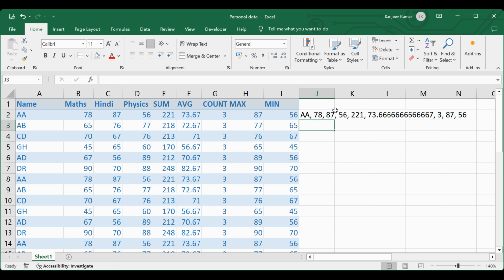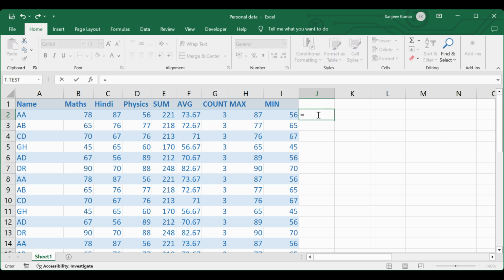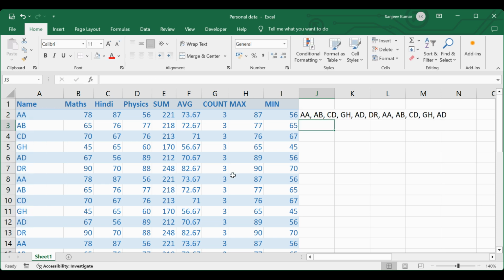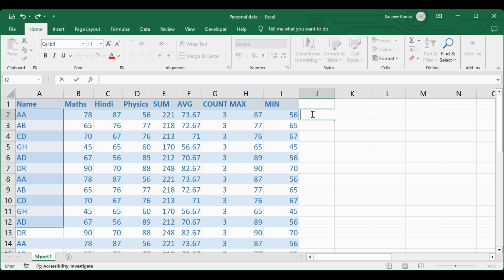I can select different range also. So suppose if I write equal to ARRAYTOTEXT and select a column and click enter, it will give me the data from that column separated by commas. Okay, and I can even select the complete table